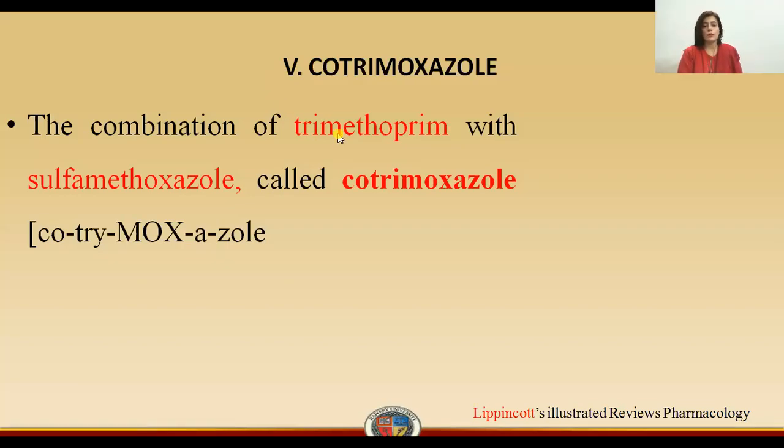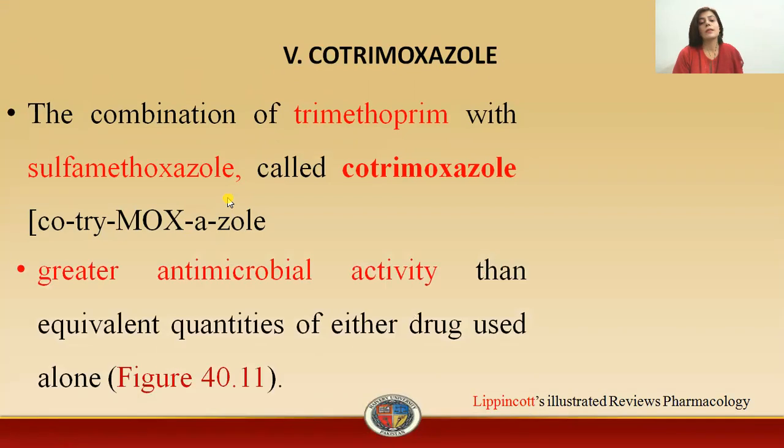Now, students, we are going to discuss the drug cotrimoxazole. Cotrimoxazole is basically a combination drug. This is a drug that itself contains two components. The first component, or the first drug, is trimethoprim, and the other one is sulfamethoxazole. So this is the drug which has greater antimicrobial activity because it contains two components, or two antimicrobial agents.